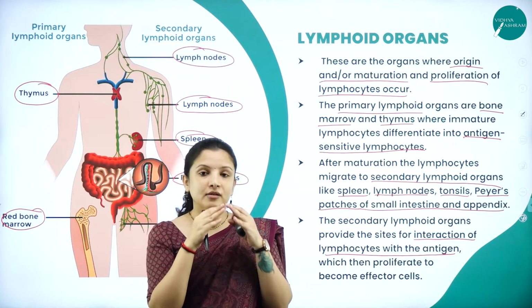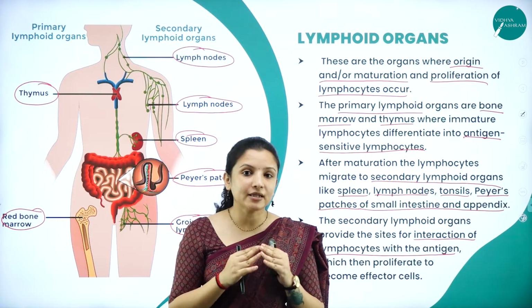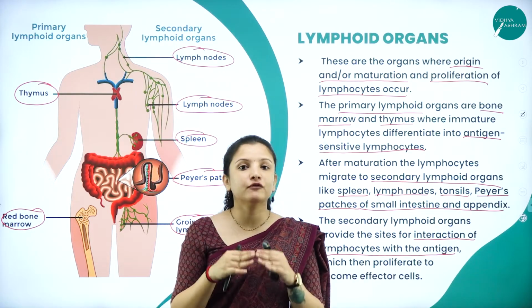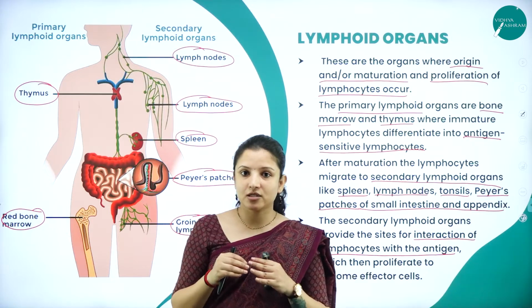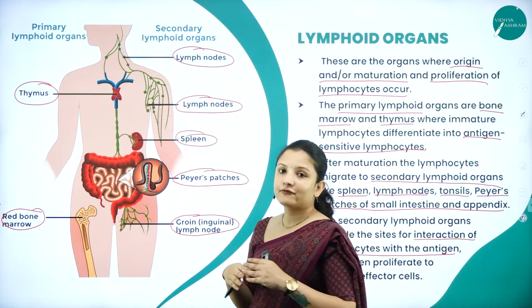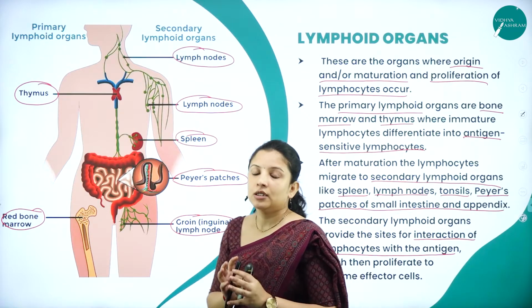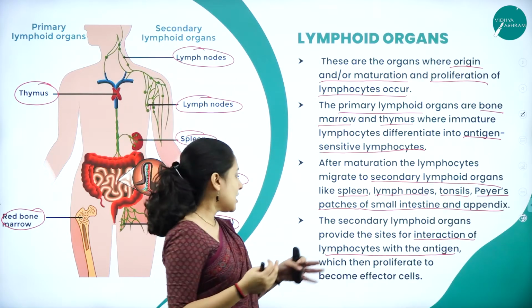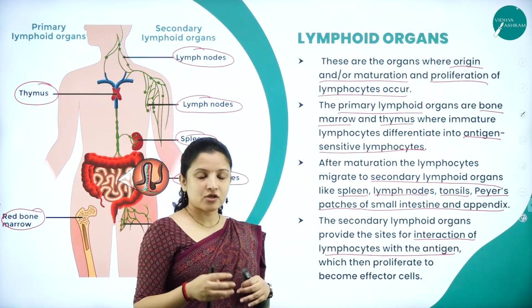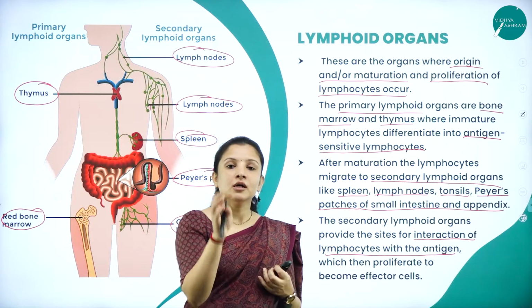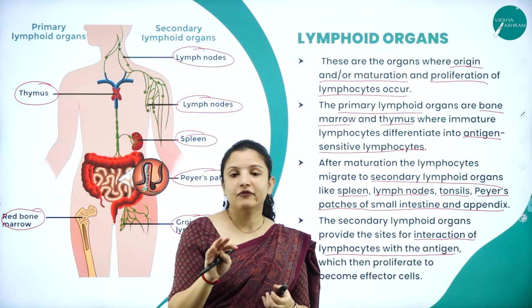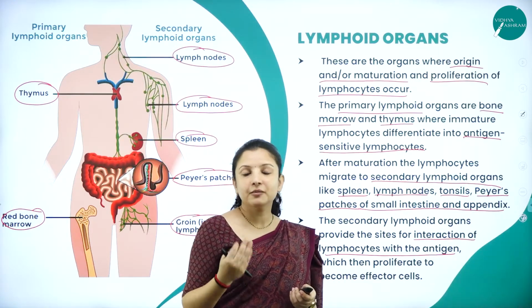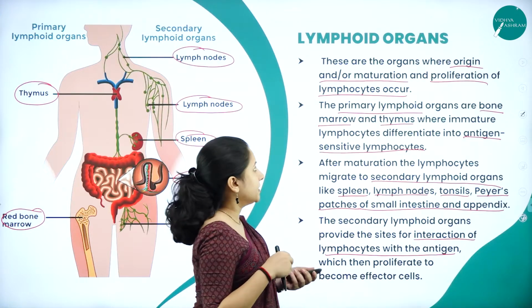In there, the primary lymphocytes which are immature mature and differentiate. These then move into the secondary lymphoid organs and there they get stored. Whenever an infection occurs, they get triggered and start to proliferate or multiply and attack those foreign pathogens, therefore protecting the cells and organs from diseases. That is how the lymphoid organs help in providing immunity to the body.